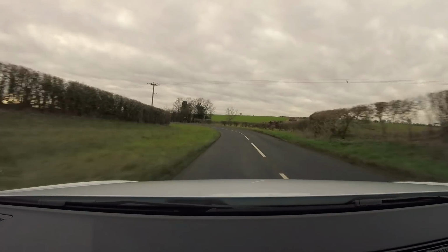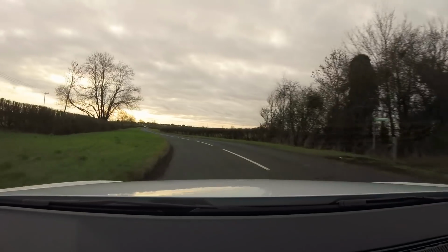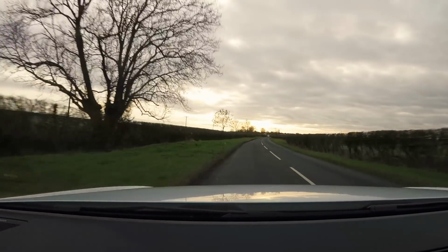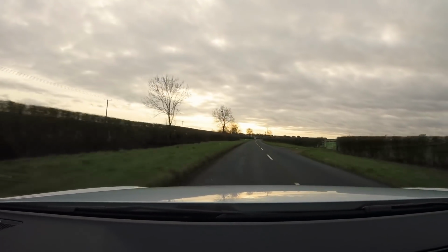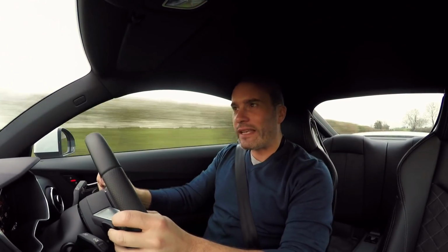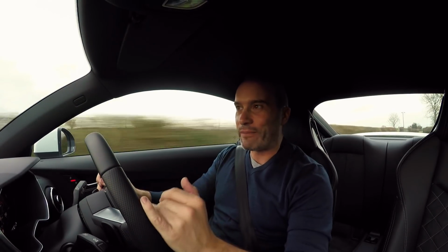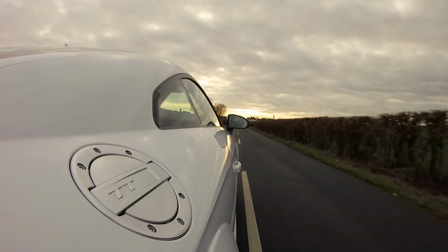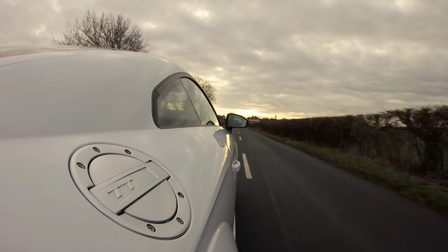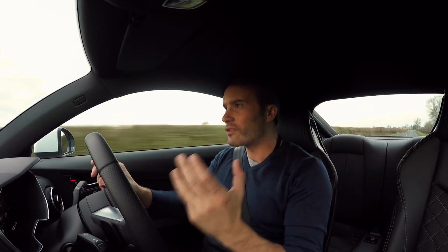Let's just enjoy a bit more driving. Gearbox is good. It doesn't change down when you want it to all the time, but it's very fast and it does a very good job of being an auto. Quite long ratios. Third gear is good for high speeds. It's a 7-speed box, and actually it settles down very well in 7th. 7th's nice and long, so on long journeys I can imagine this being a really good long journey car,